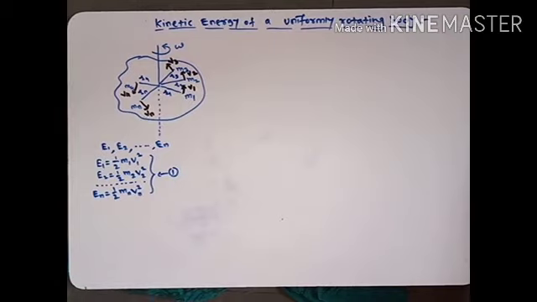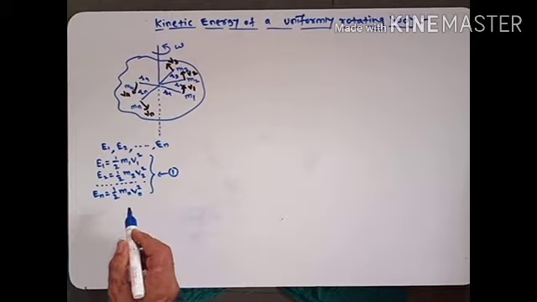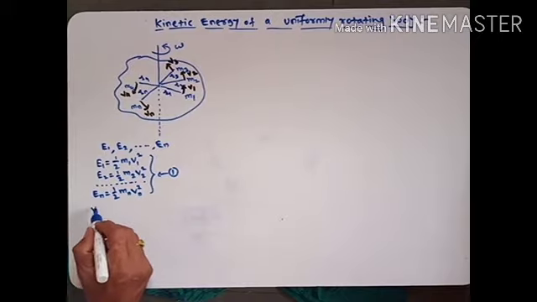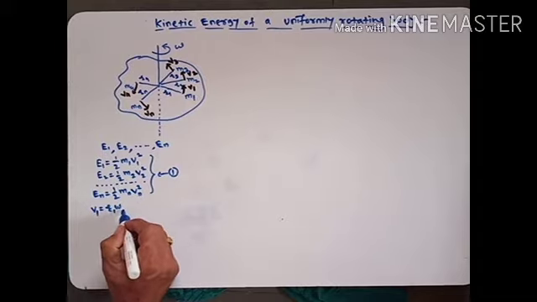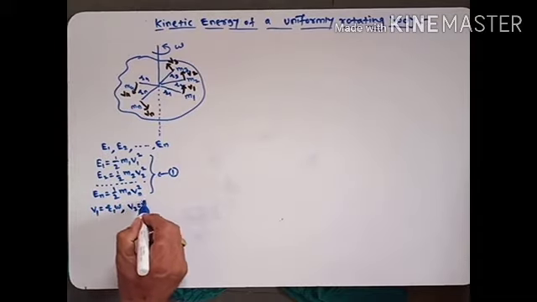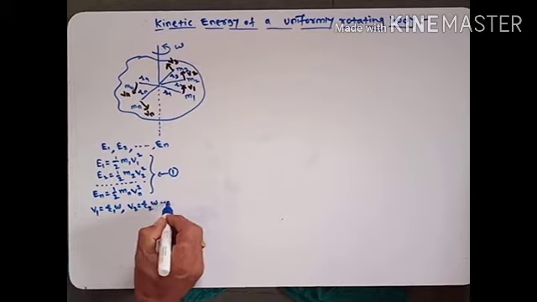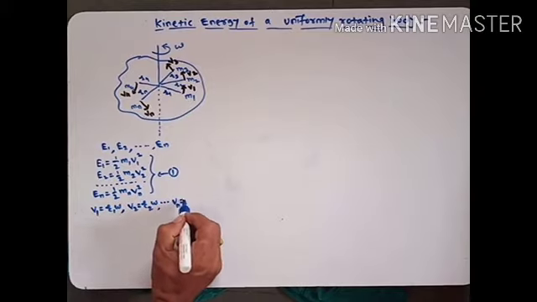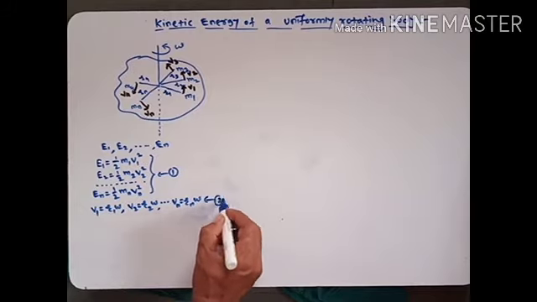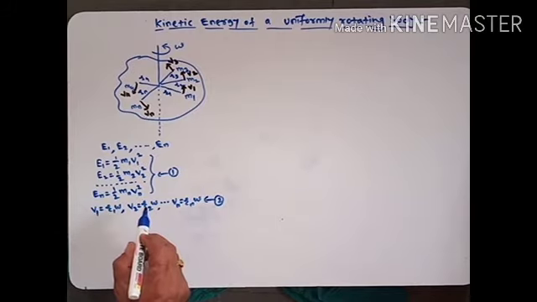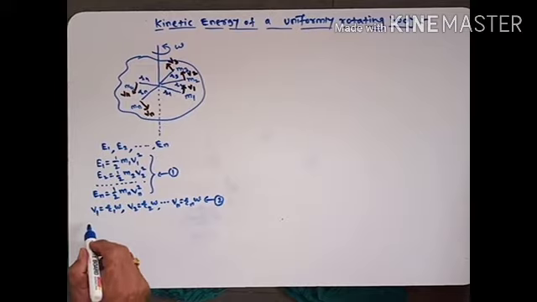Now we know that these linear velocities v1, v2, v3 up to vn can be given like this. That is v1 is equal to r1 omega, v2 is equal to r2 omega, like that vn is equal to rn omega. Suppose all these are equation number 2. We put equation 2 in equation 1, then we get here